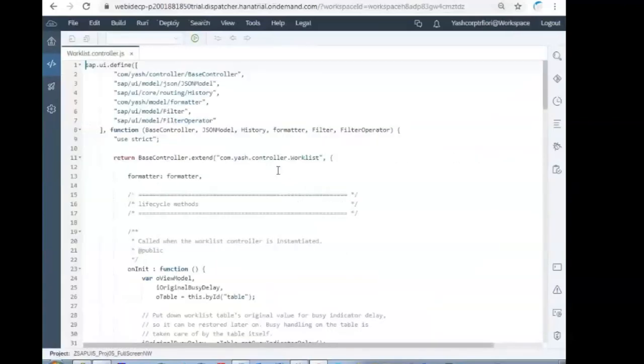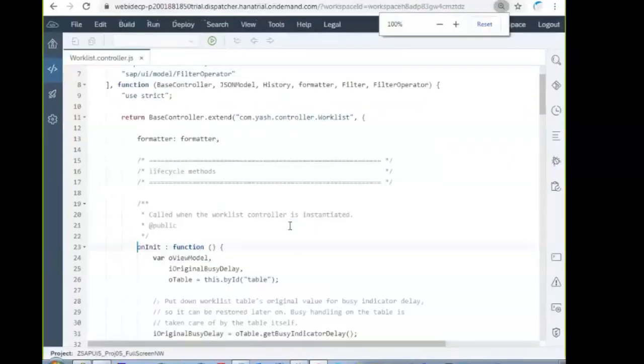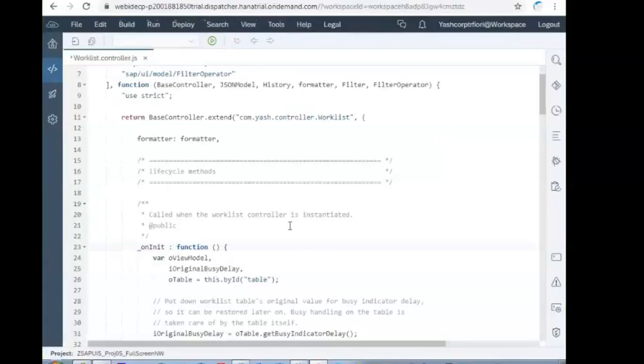Open this worklist.controller.js. Rename this onInit function, just keep an underscore.